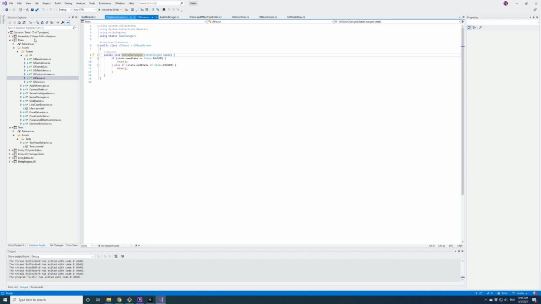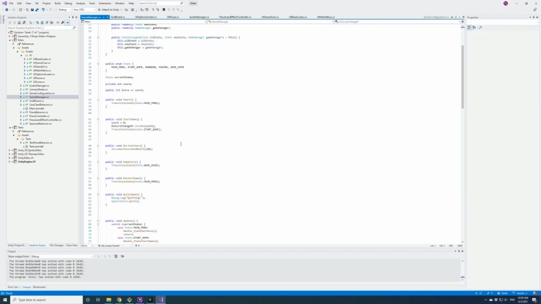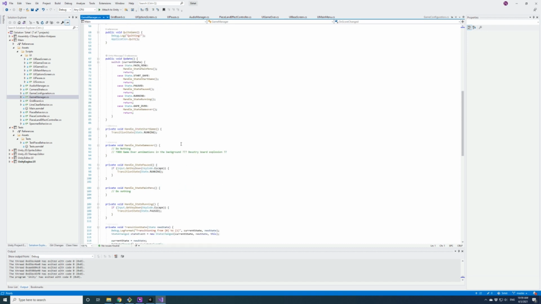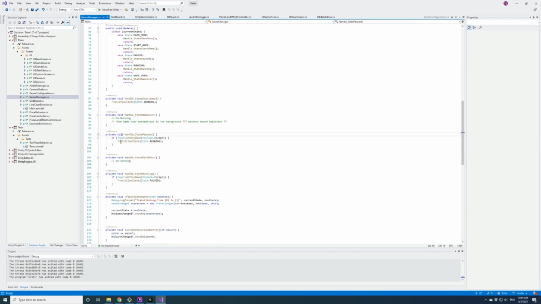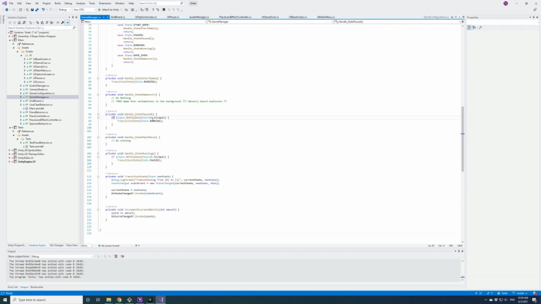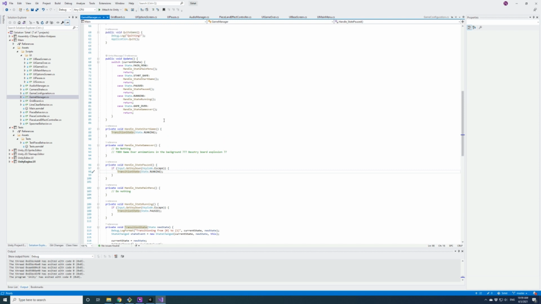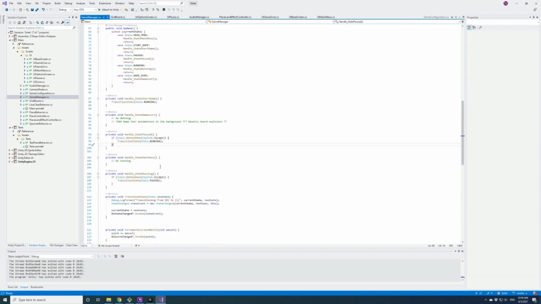That's weird. Is that what's going on? So the game manager, yeah, the game manager is handling the pause, handle state paused. But it doesn't have a method of like go to pause. It just says transition state.